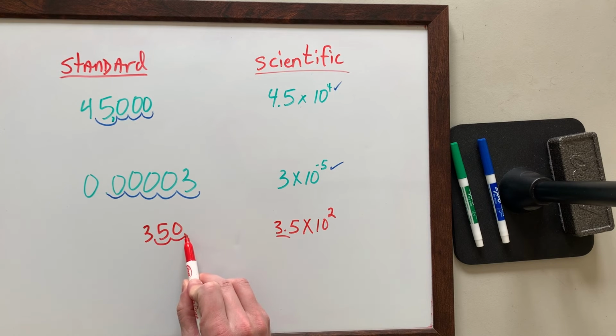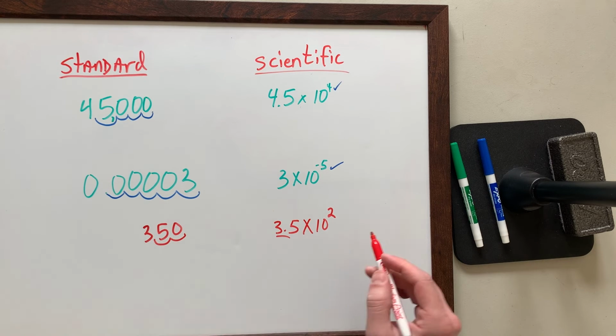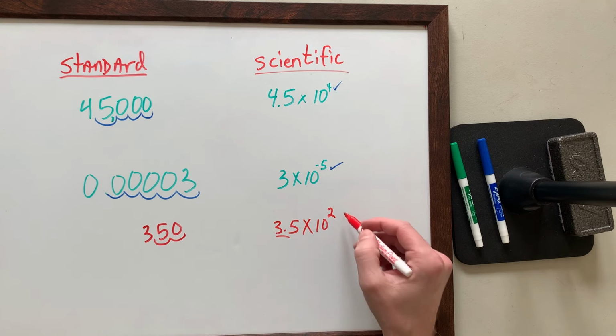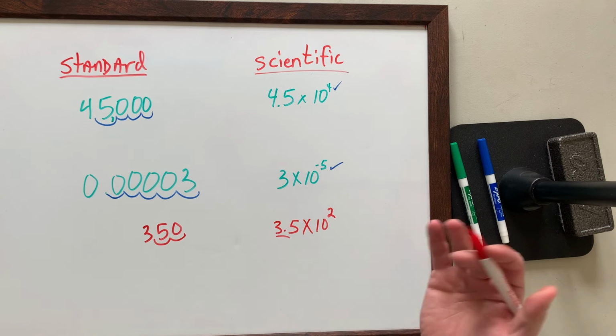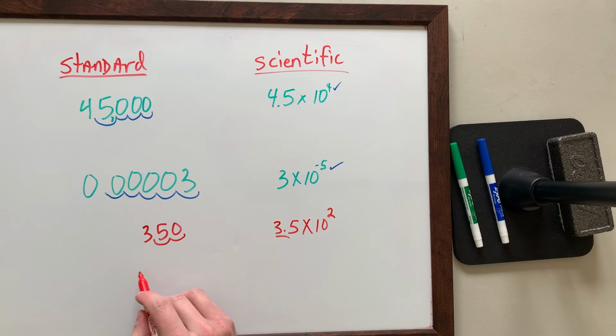And then because I moved the decimal towards the largest place value, I'm thinking largest, I'm thinking big. So 2 is a positive number that's bigger than if we were to go in the other direction and have a negative number. How about